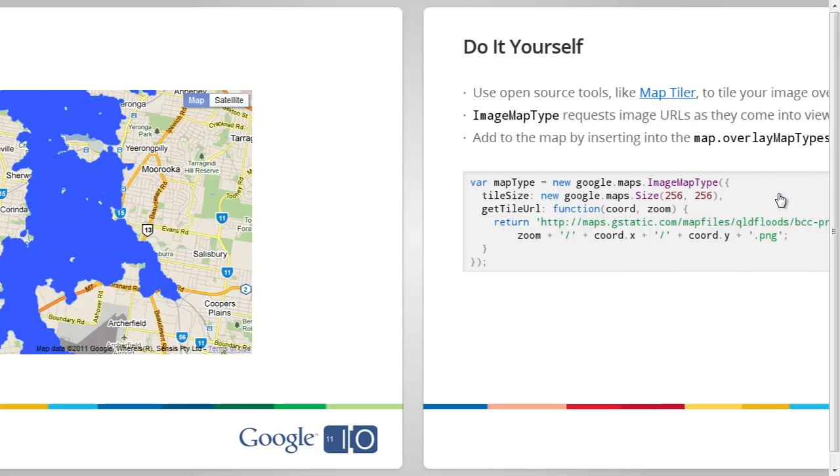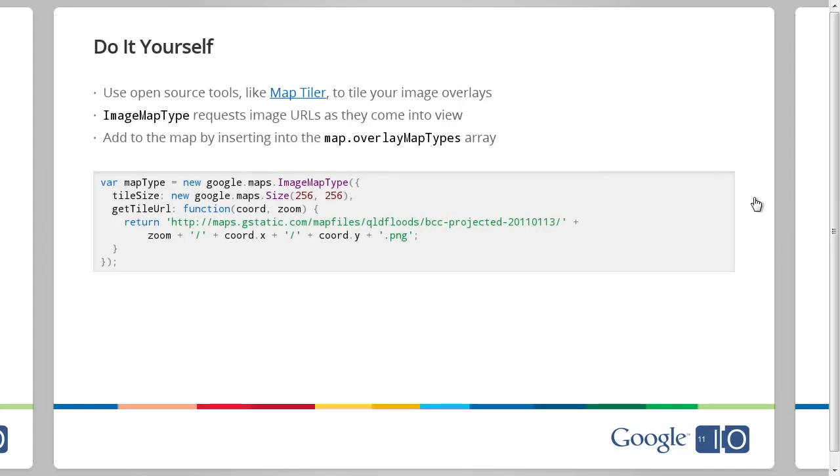So instead, we need to create tiles. Now, the ImageMapType class in the Maps API makes it very easy to load tiles. You can use open source tools such as MapTiler and a few others to cut your large image into individual tiles. What this does is, at each zoom level, create tiles for each coordinate in whatever size images you're telling it. So we often use 256 by 256 pixels. It works pretty well. So after cutting the large image into these individual tiles, the ImageMapType defines the getTileURL function,